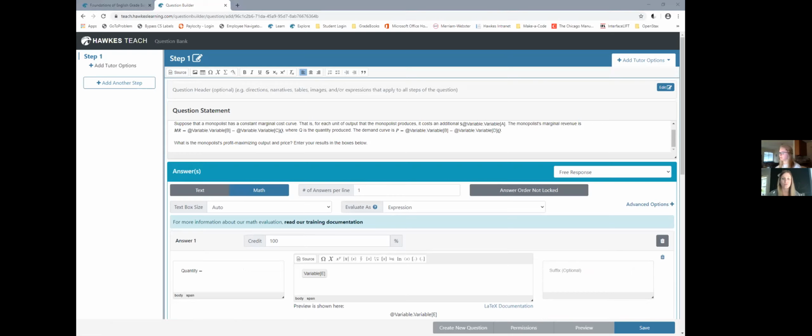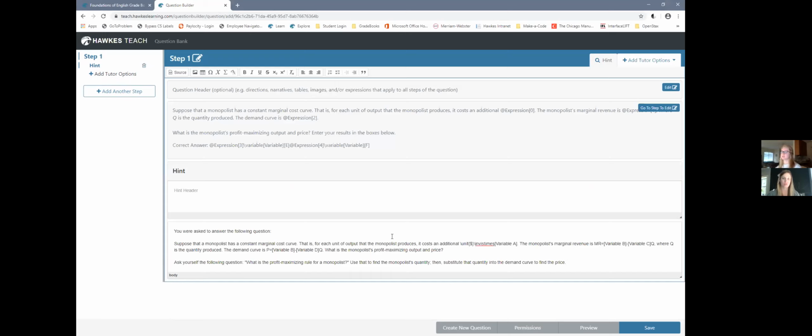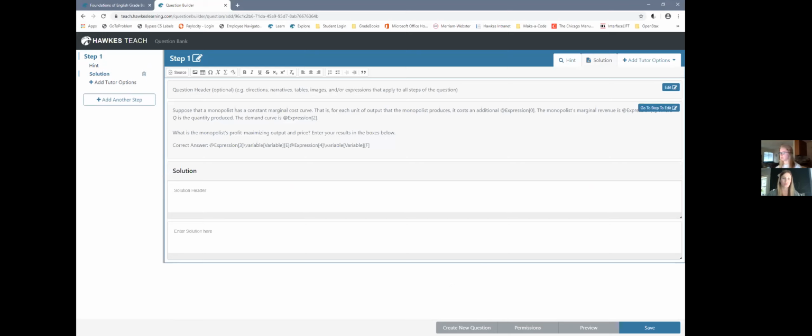So this question will also have all the other parts of tutor as well. It's going to have a hint, a solution, and a general explain error. So you can come over here or over here, you have some options to add those other parts of tutor. I kind of just, again, work from top down, start with the hint, paste in the text, and I'm actually going to do the text for all parts of tutor. This is, again, another little tip that I found that helps, just to do it all at once,